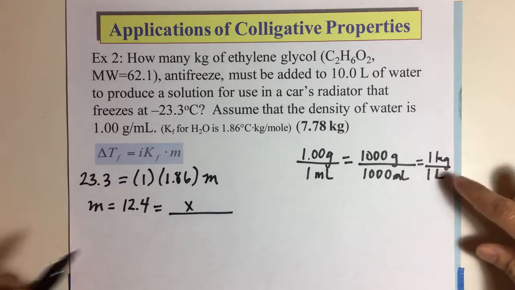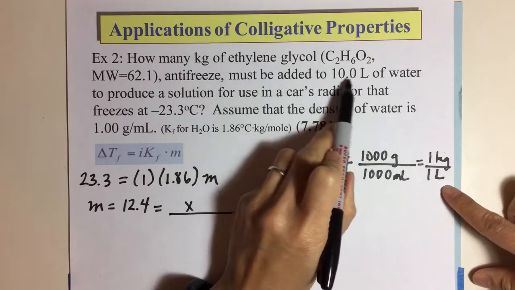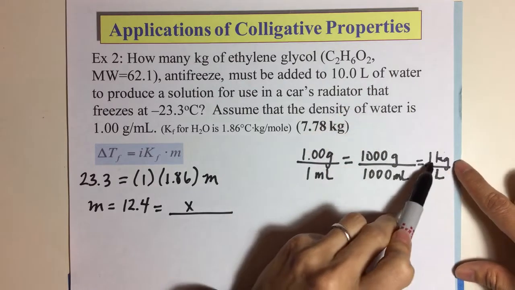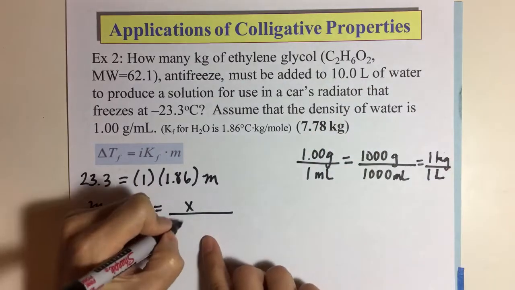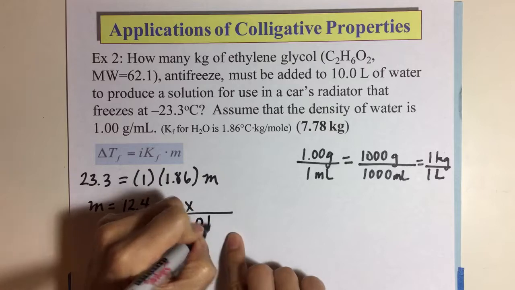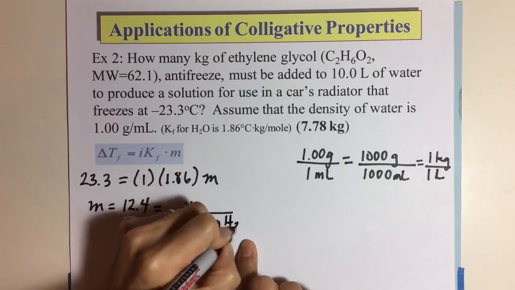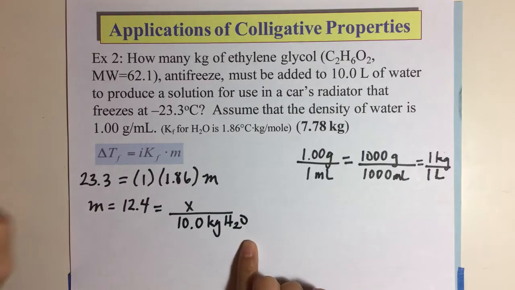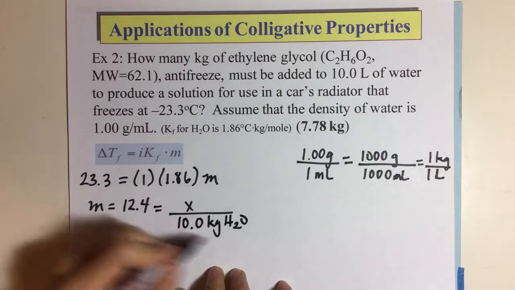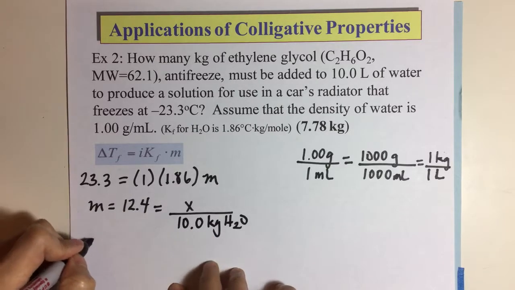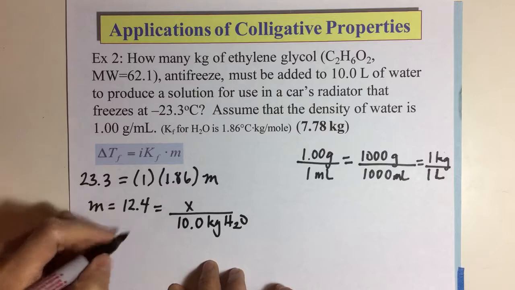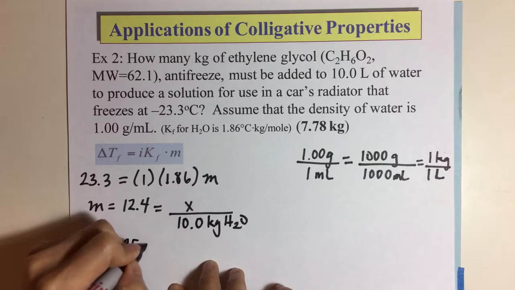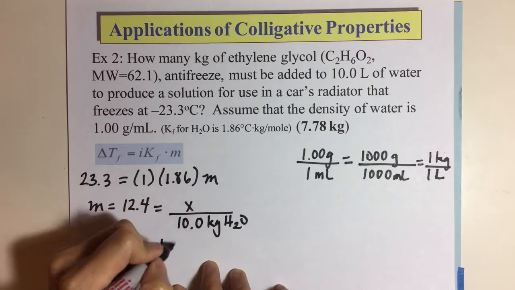So if I have 10.0 liters, I really have 10.0 kilograms. So I'm going to write that in, of water. And I'm going to label the water just to make sure I know what I'm looking at. This is my solvent. Solving for X, which is the moles of my solute, I get 125 moles of